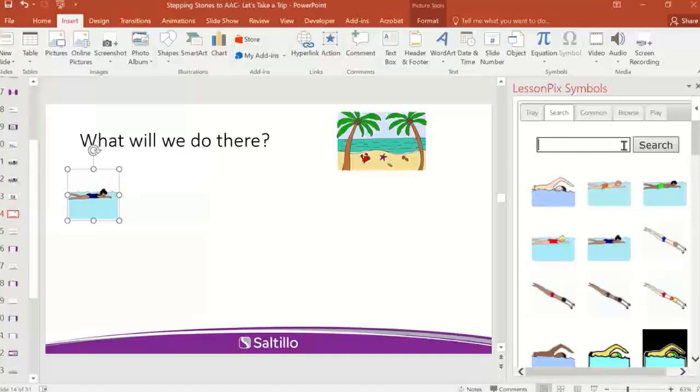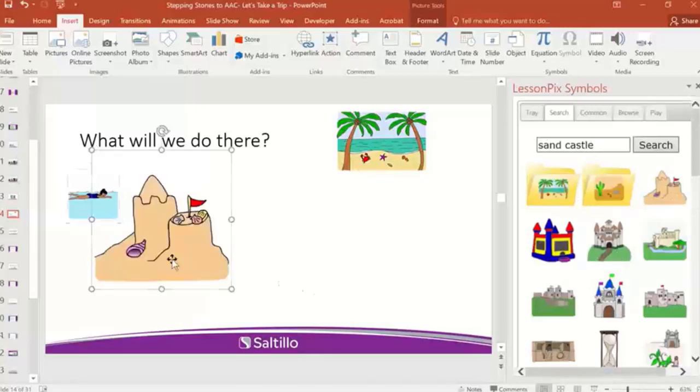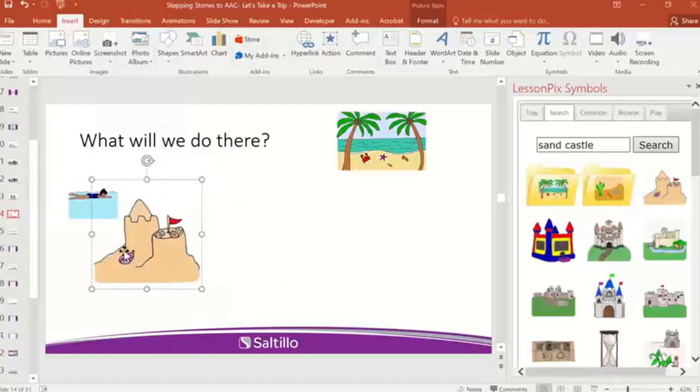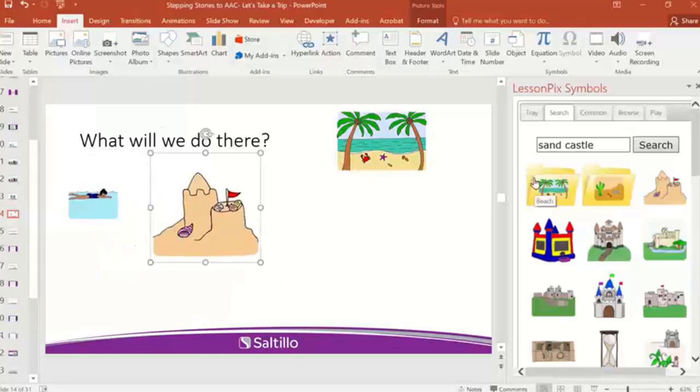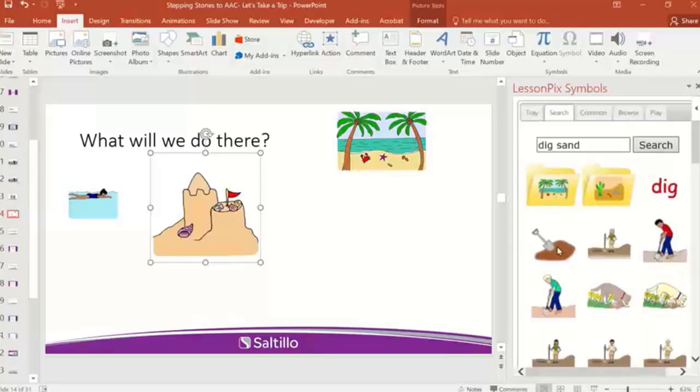Build a sandcastle. That's what my kids like to do, and then they get all sandy. Exactly, we can look at things. There's the sand. It's not a castle, maybe a bouncy castle. Play, dig in the sand, you can run on the beach. And this is where we can play with these things.